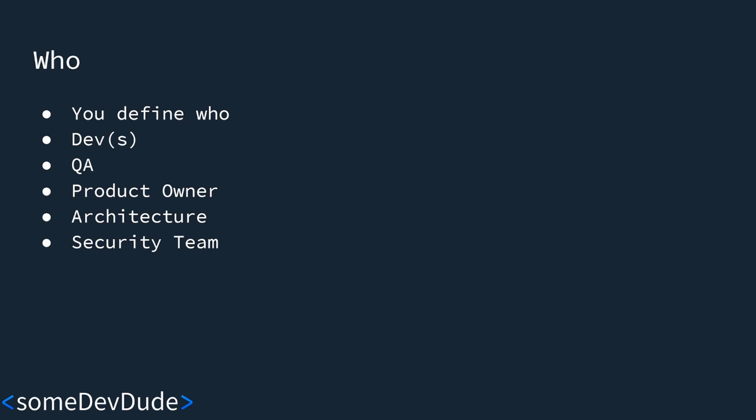So in my workplace, my team, we say you need to have at least one dev and the QA. You can have multiple devs, but it needs to be one dev and one QA. And that's so the developers can give their feedback and the QA knows what's up and coming in their work stream to test it.